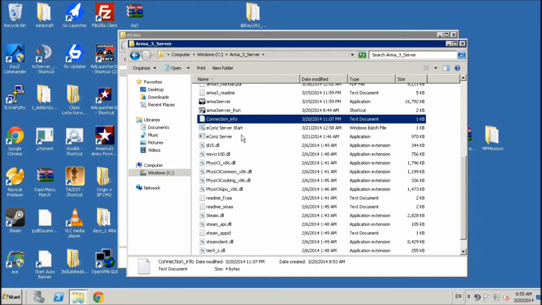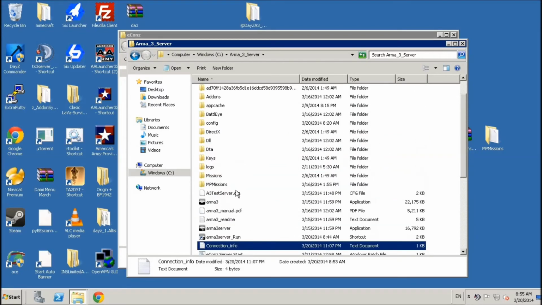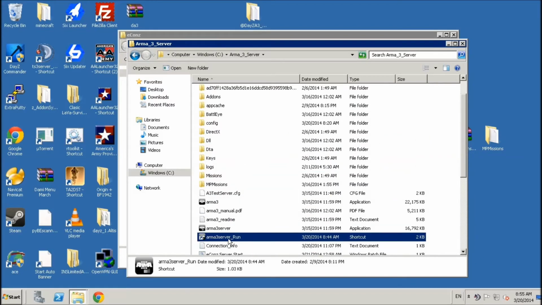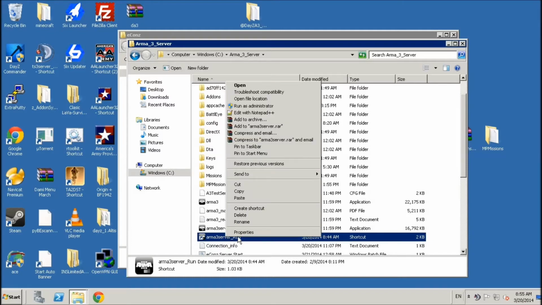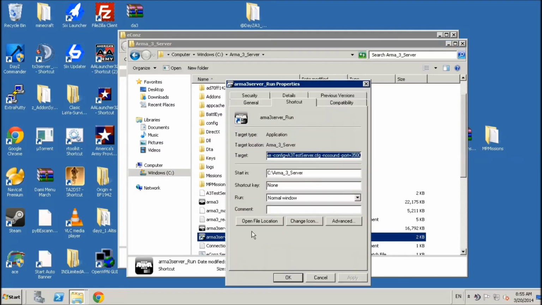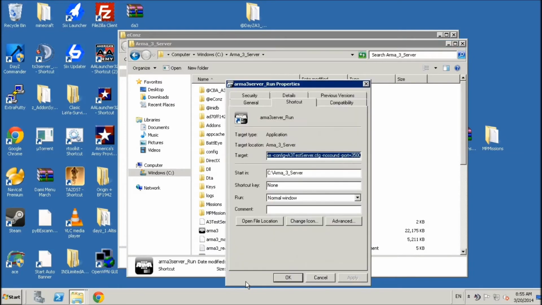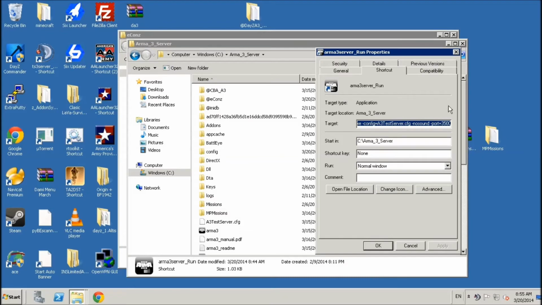And the next thing you want to do is you want to go into whatever method you're using to start your server. In this case, I'm using a shortcut. You want to go to where you've got your command line. You want to make sure that you've got all your other settings set up, and then on the end you want mod equals at CBA